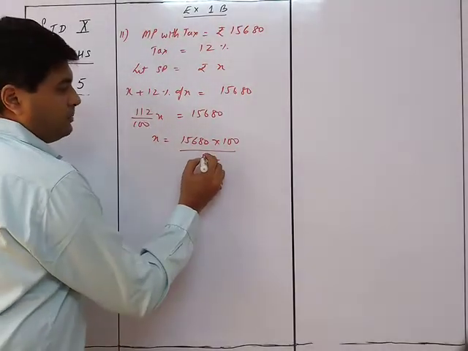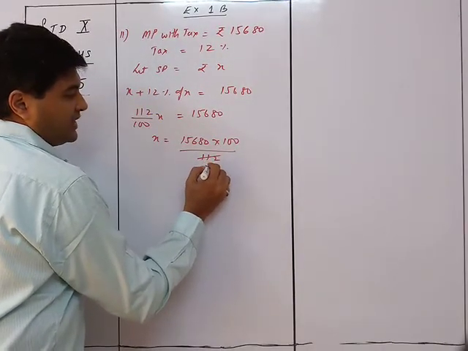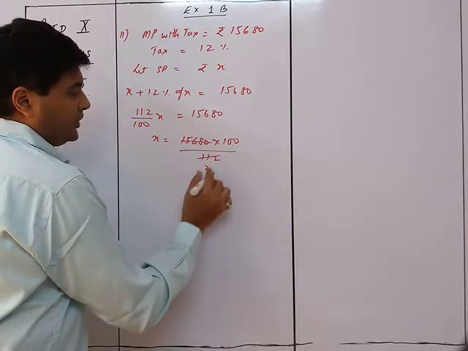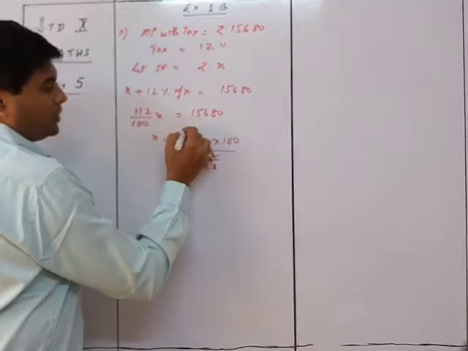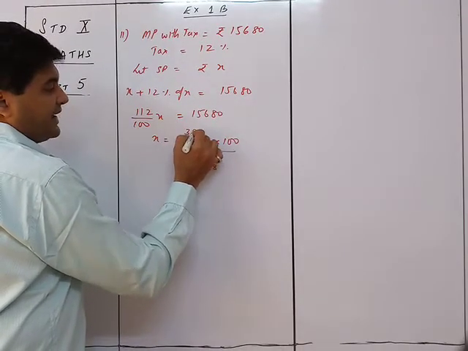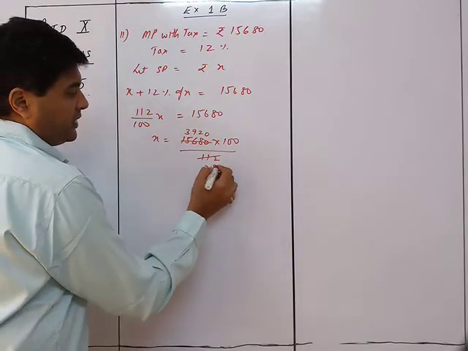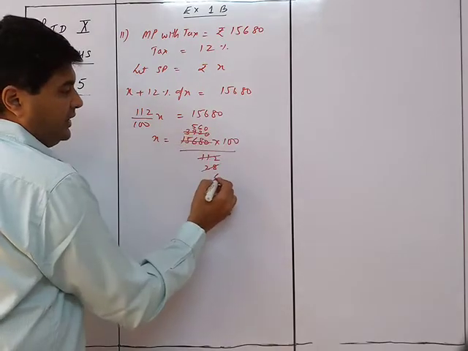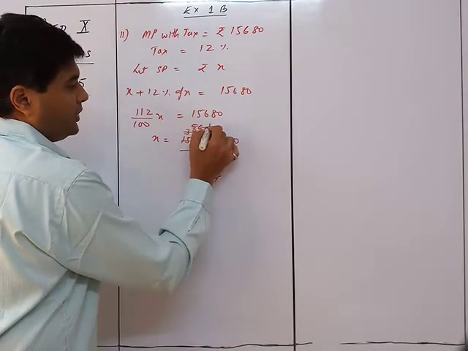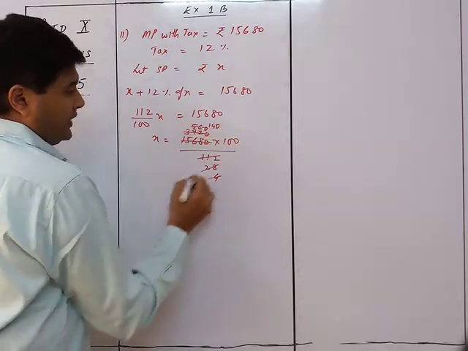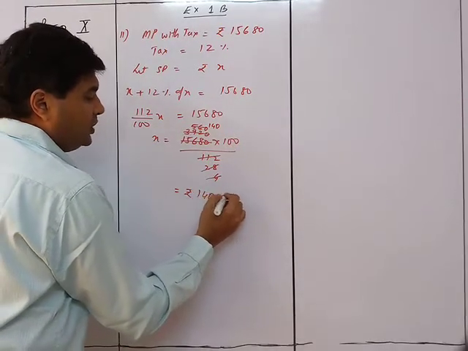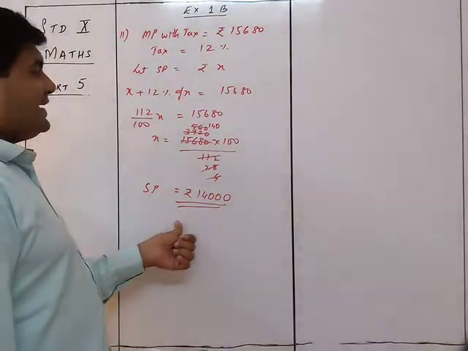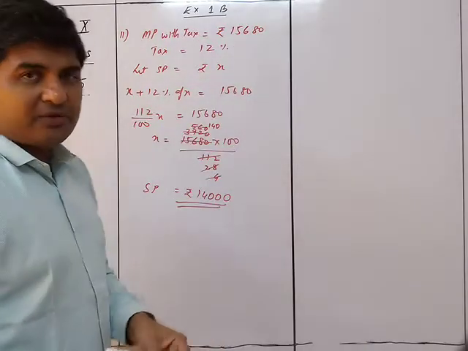Okay, we can divide it by 4. So 4 2s are 8, 4 8s are 32, and 4 3s are 12, and so on. Then again you can divide by 7. 7 4s are 28, 7 5s are 35, and 7 6s are 42, so 560. Then again divide by 4, so 4 1s are 4, and 4 4s are 16, so 140. So that is going to be rupees 14,000. So basically the SP of the article was rupees 14,000, and he is adding a tax of 12% and selling the material for 15,680.